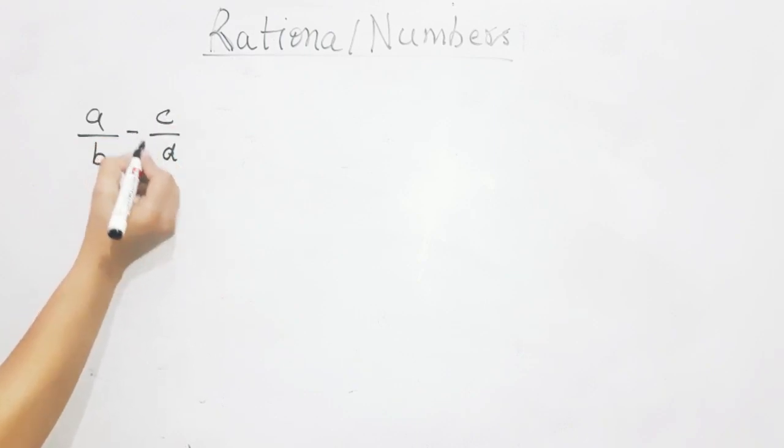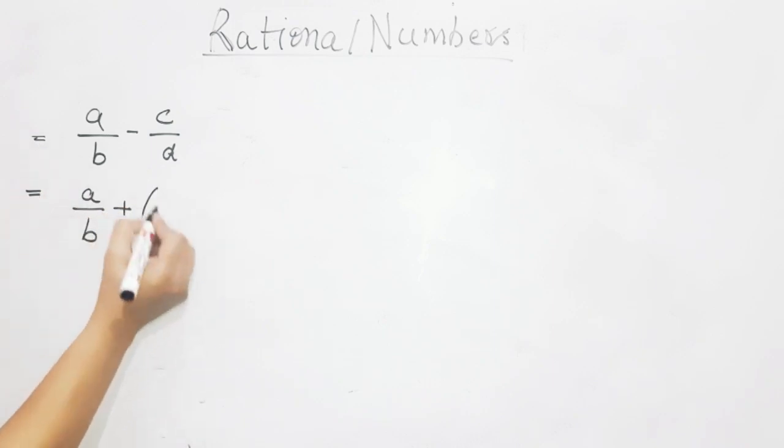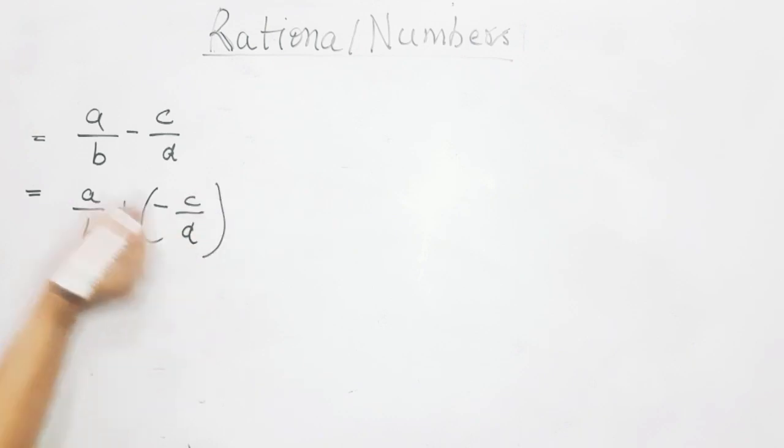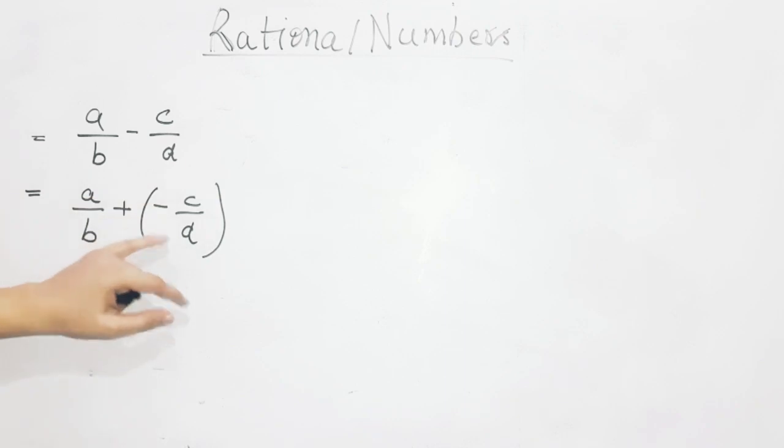If we want to subtract these two rational numbers, see a upon b plus minus c upon d, can we write like that? Yes, we can definitely write like that. And we all know that, what is the additive inverse of positive c upon d? The additive inverse of positive c upon d is negative c upon d, that is minus c upon d. So what happens is, if any two integers, sorry, not integers, in the previous video I was making the video of integers, that is why by mistake I have said integers.